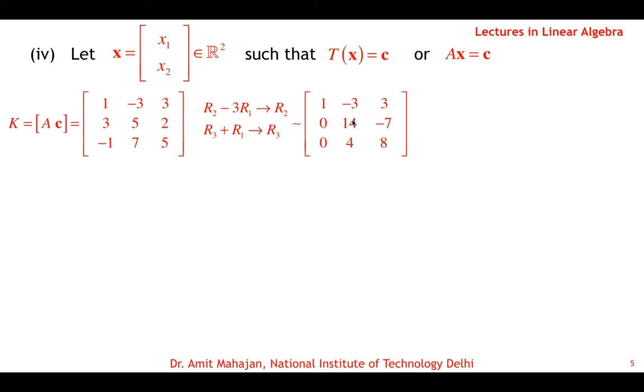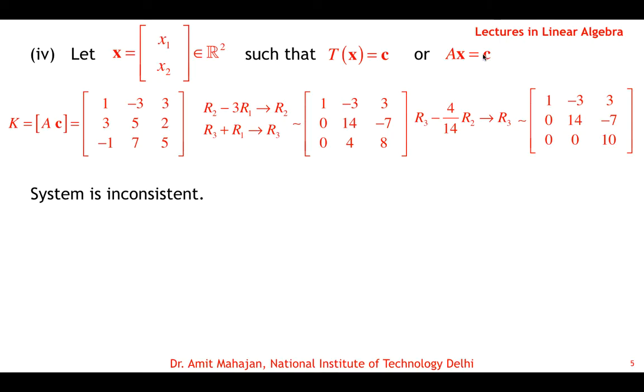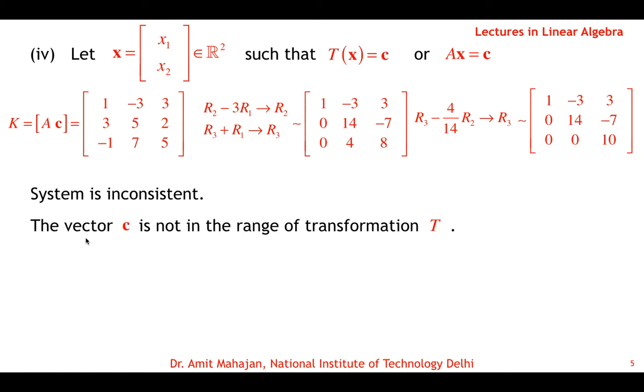Again in the second row, this is the leading element, make this element 3 to position 0, so apply again the row transformation. But in this case you see that the B column, or the last column of the matrix, becomes a pivot column because this becomes the leading element of the third row, okay. And so clearly the system is inconsistent, and because the system is inconsistent, that means C has no pre-image, or there is no vector x in R2 such that the transformed vector is C, okay. So the vector C is not in the range of transformation T.